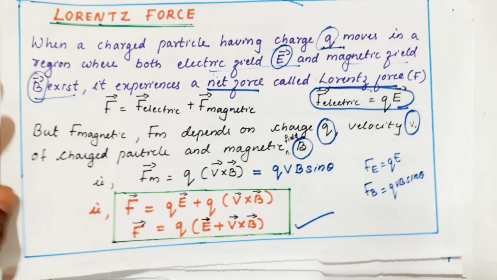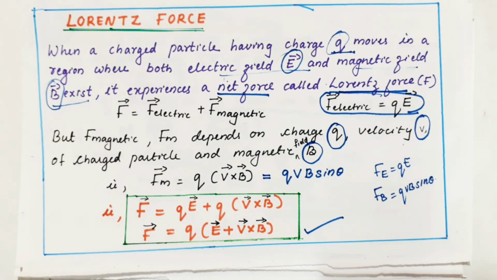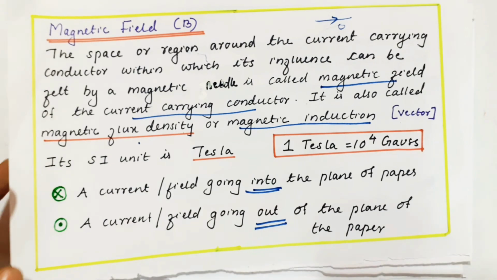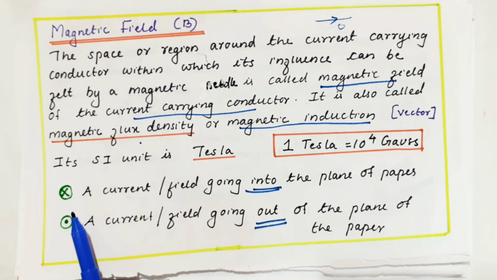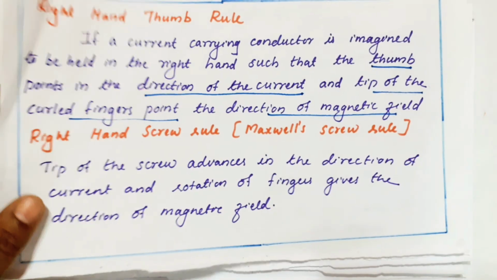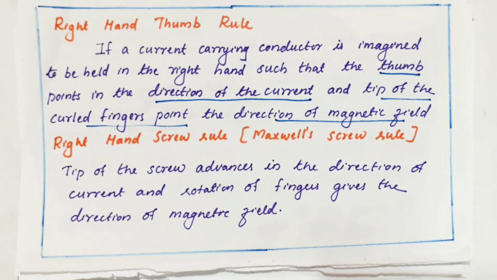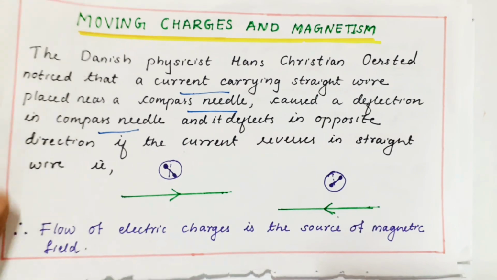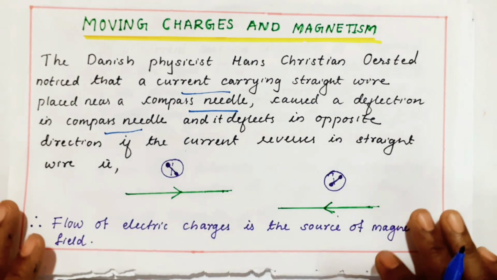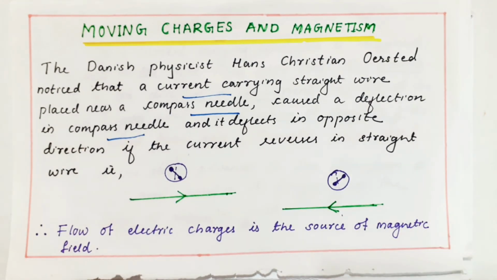So in this video, I need to just introduce what is magnetic field. I told you magnetic field is denoted with the letter B, and what is Lorentz force? F electric plus F magnetic, and we can write in vector form F equal Q into E plus V cross B. And the symbol of magnetic field: cross means going into the plane, dot means out of the plane. And I told about two rules, right hand rule and screw rule, right? So I'll discuss more questions about the magnetic field, its directions, Fleming's left hand rule, all that in the next video.